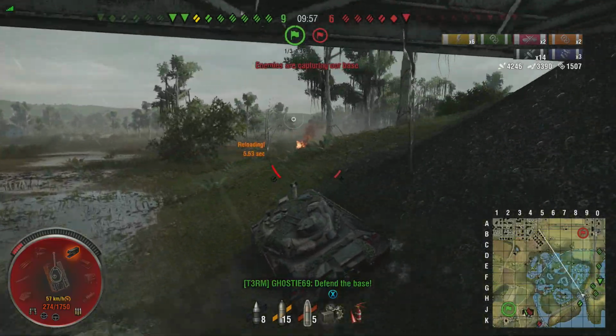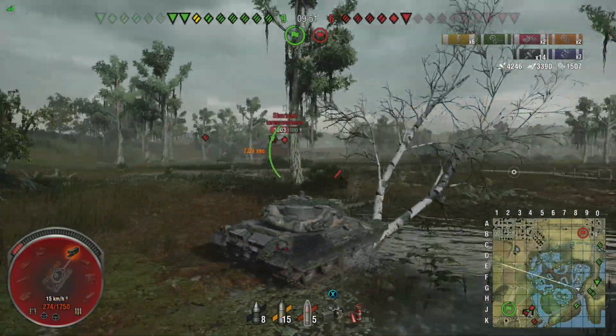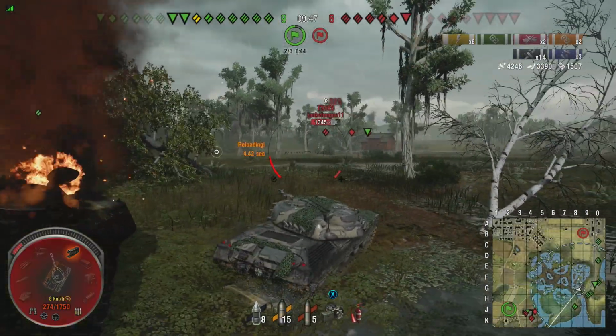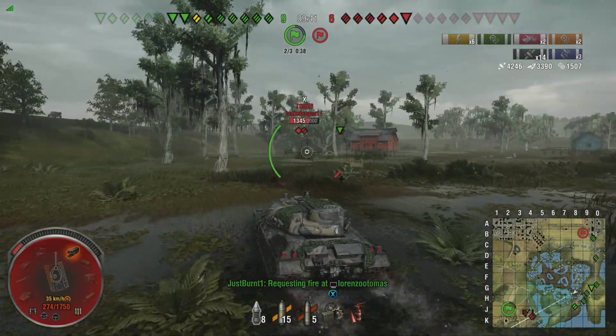You're completely hull down, you can barely see them over the hill, and then they pen you in the upper plate somehow. I don't get it. And then of course the enemies are right over our cap, so it's like, okay, maybe I can make it over there in time. I just start booking it as fast as I possibly can,